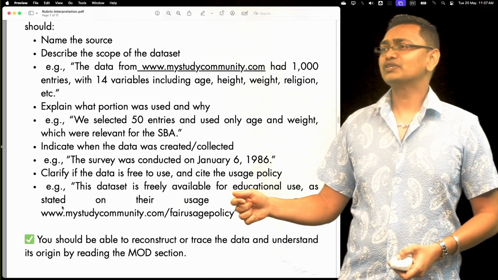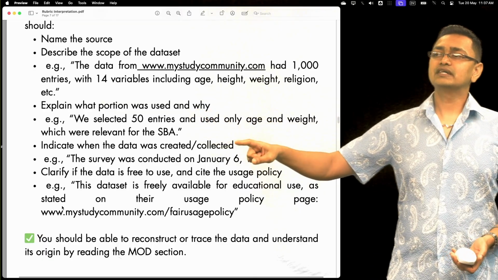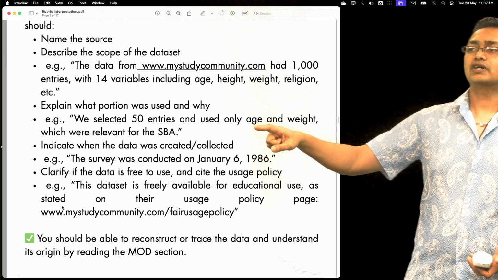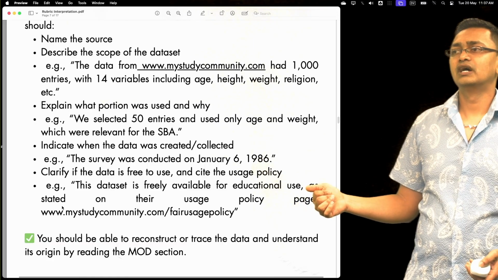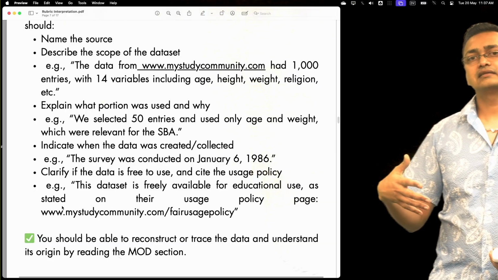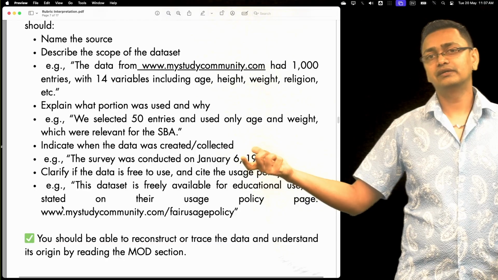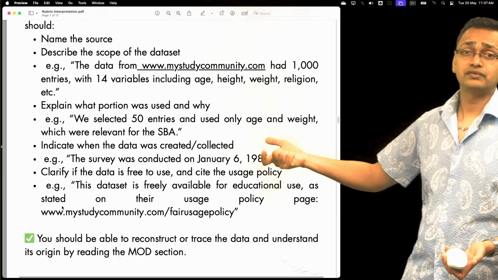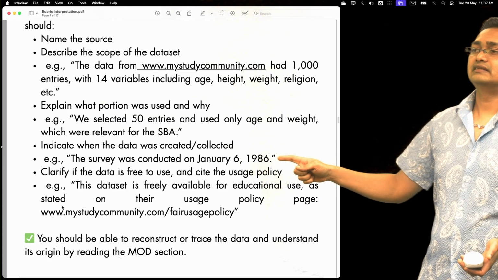Explaining the portions, explain what portions were used and why. So for example, we select 50 entries and use only the age and weight because those were relevant to the SBA. So include when the data set was accessed, because sometimes data sets update. So it could be simple, accessed on February the 9th, 2023. And if it's an online website, put the website. Right, so it's clear. So example, the survey was conducted on January 6, 1986, and